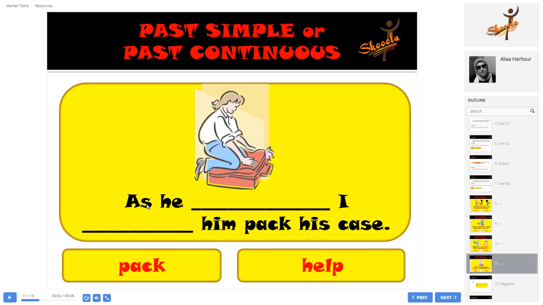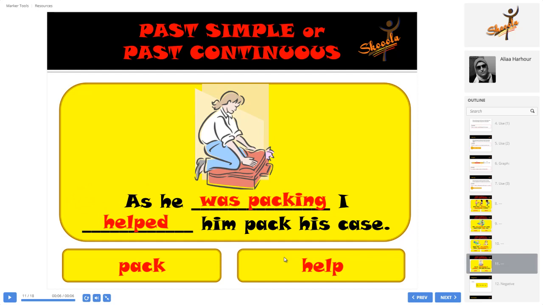So as he, what do you think? I have the keyword here which is called as. So after as, do we use a long action or a short action? We use long actions, which is past continuous. We have the subject he. I am going to use was and not were, and I am going to use the verb pack. So as he was packing, I put was or were plus the main verb that gives the meaning in ing. As he was packing, I